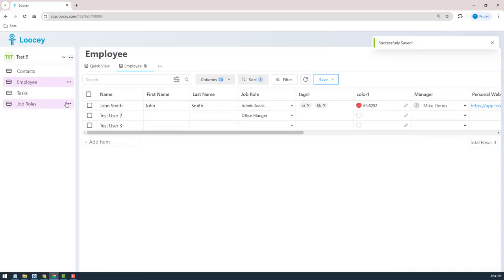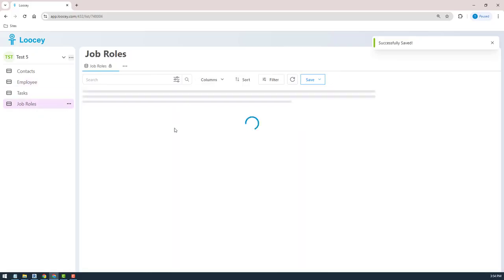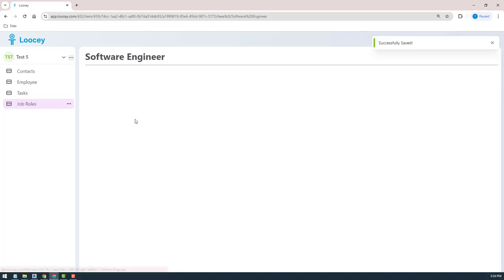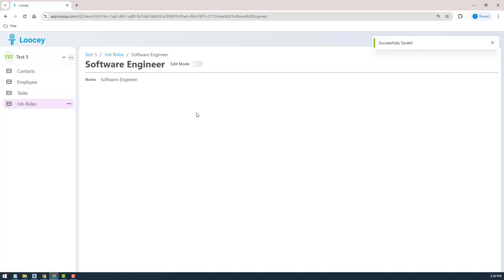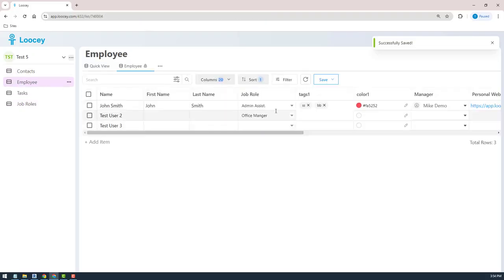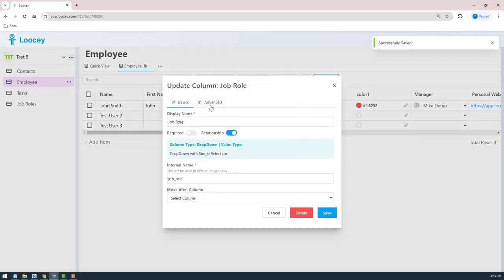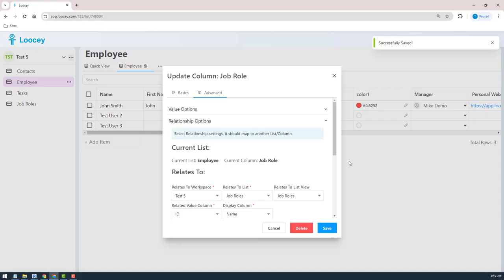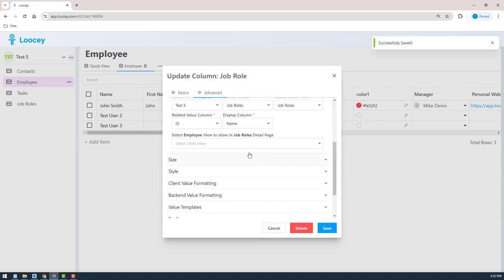So that's good. So the other thing, so far, if you go to job roles and go into details, nothing really other than the name comes up here. But let me show you a trick, and this is really what makes this unique: when you go into advanced relationship options, we have this